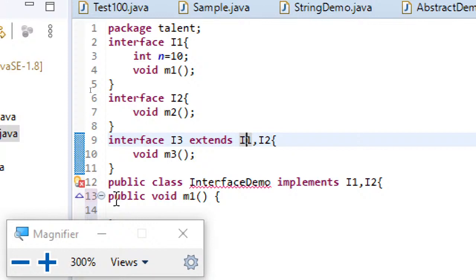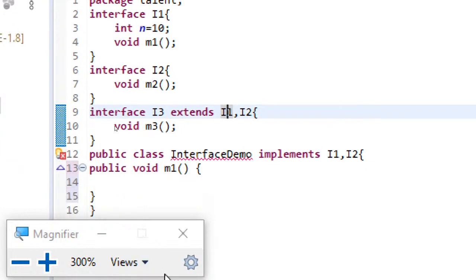I repeat, when you are overriding a default method, you should write the overridden method either as protected or public. When you are overriding a protected method, you should write it either protected or public. When you are overriding a public method, you must and should use public only. And obviously private methods cannot be overridden, because they are hidden inside the class. Okay, anyway, let's resume.